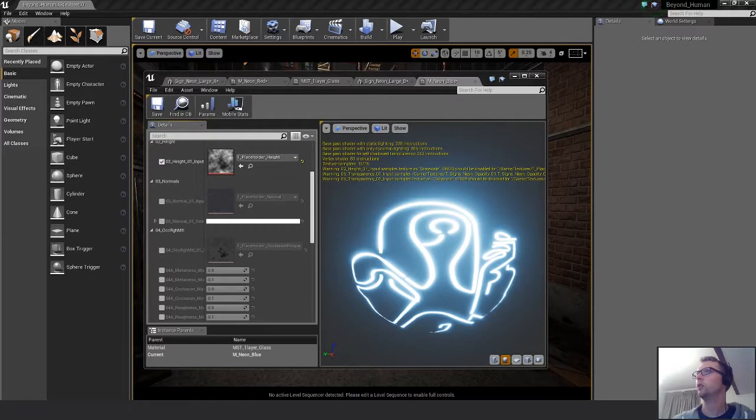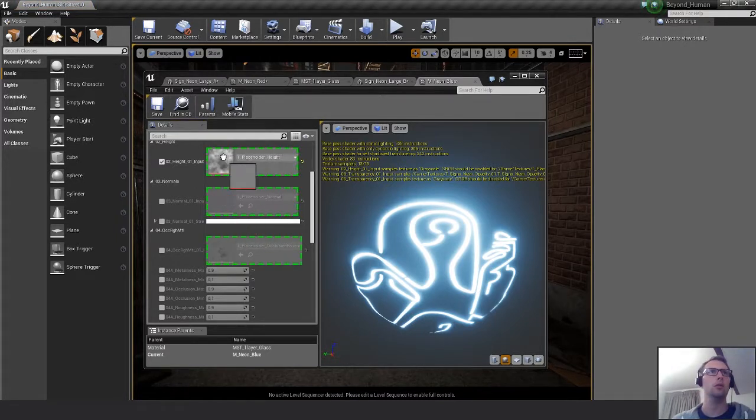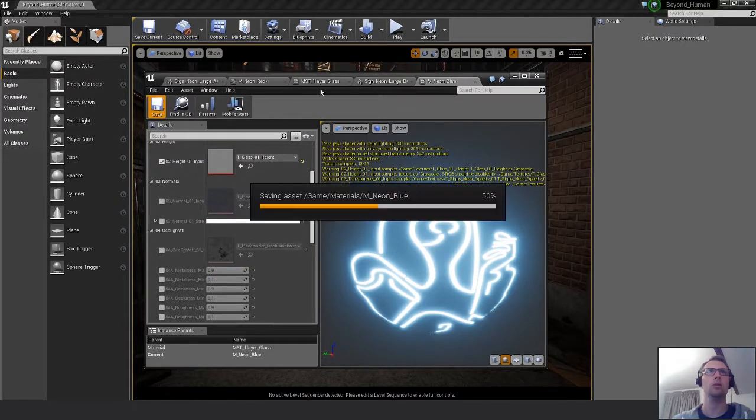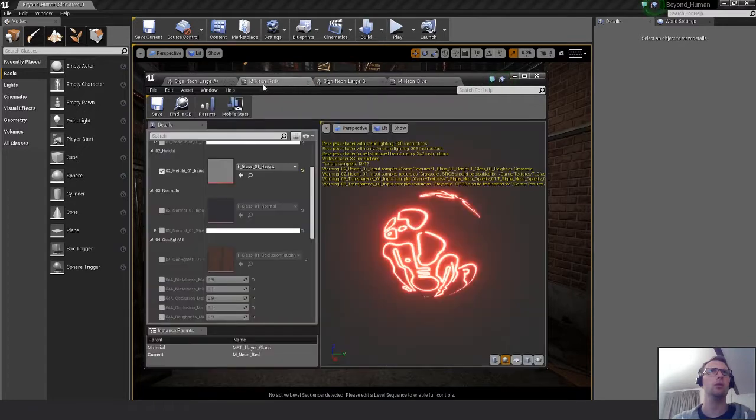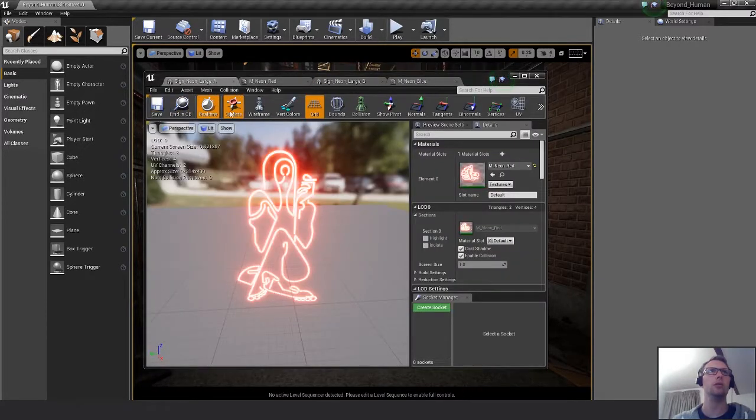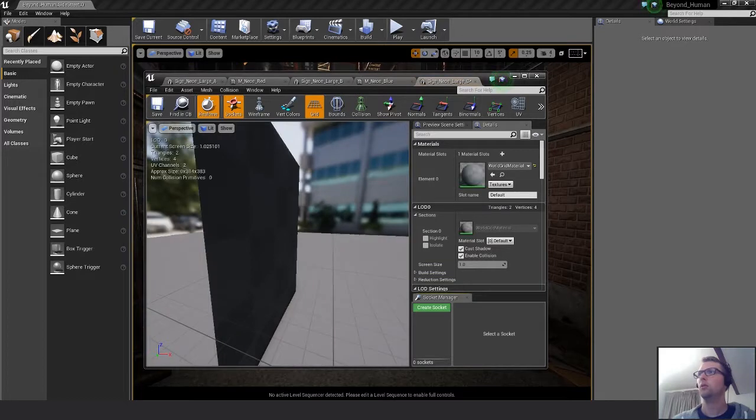We'll use the glass height. Save. That's already been saved. And then in here, if we grab the last sign, and then grab the yellow one,